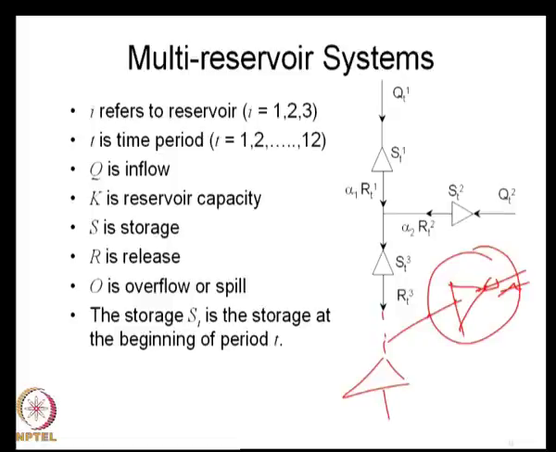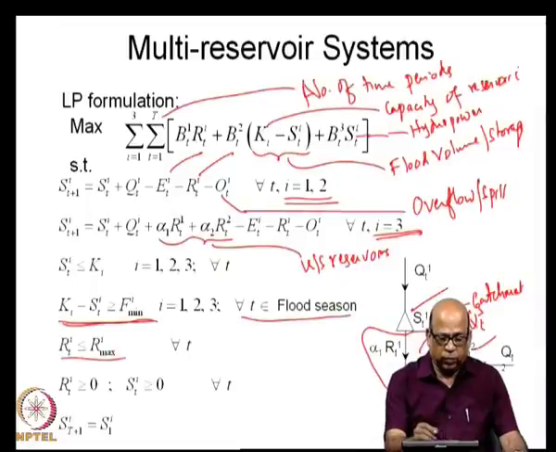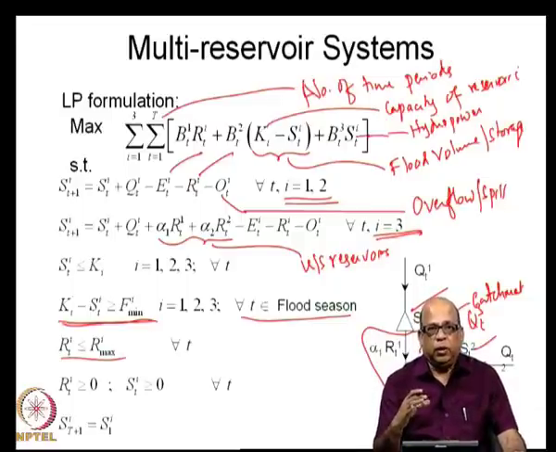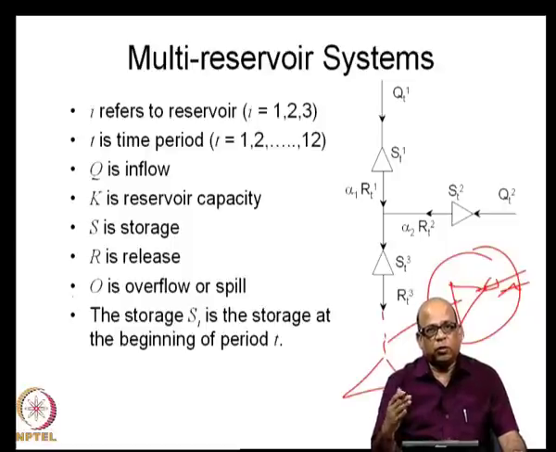So, all of these specific systems details can be incorporated in the general model structure that I just showed, by accounting for the coefficients that we have used, the net benefit coefficients that I have shown here, and so on, and by rewriting the continuity equations, taking into account the continuity of the flow: where it is coming from, where it is getting added, how much of it is being extracted, how much of it is being lost, and what overflows or spills are occurring at each of these reservoirs. So, you are just maintaining the mass balance at each of these node points and then writing the constraints.